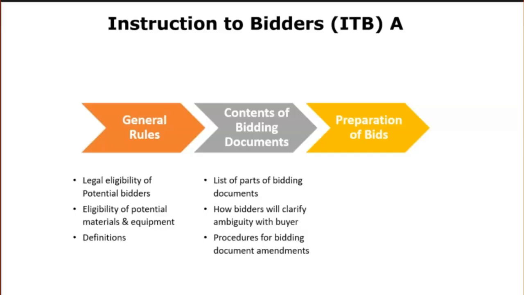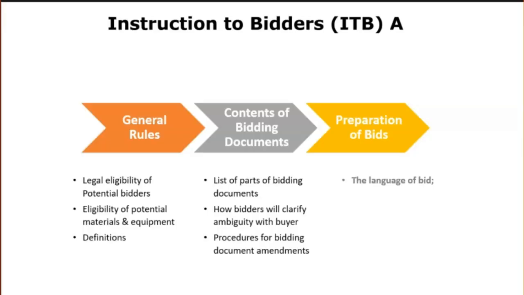In section C, you will find preparation of bids. Here it stipulates that a potential bidder prepares and submits a bid at its own risk and cost, and that the employer may exercise its right to cancel the competition without incurring any liability to the bidders. This subsection lays key rules about bid preparation by bidders.